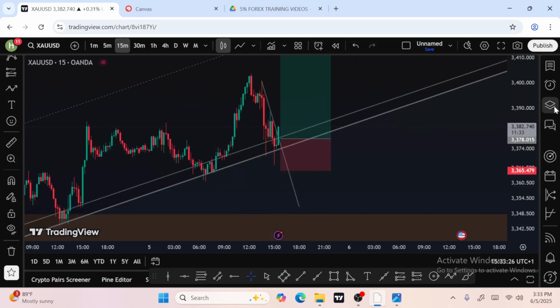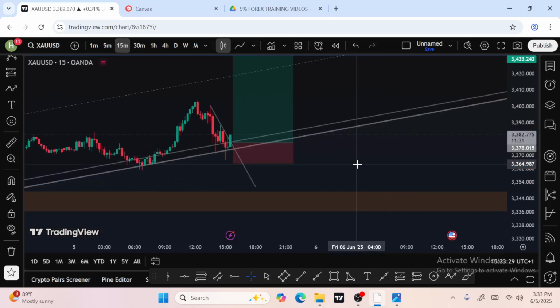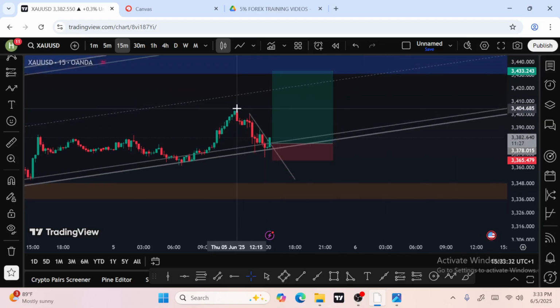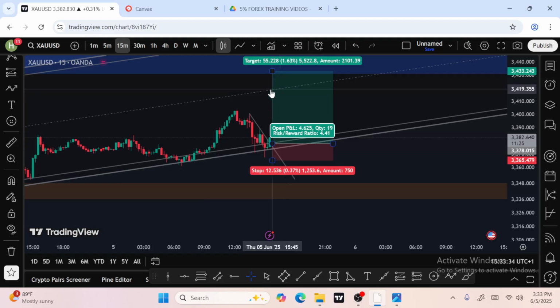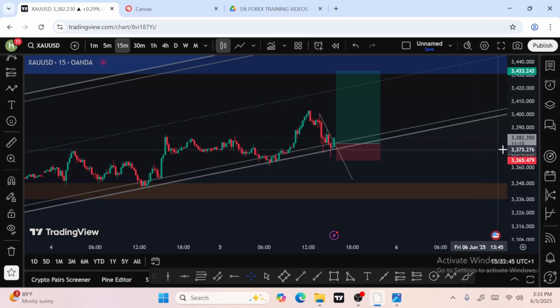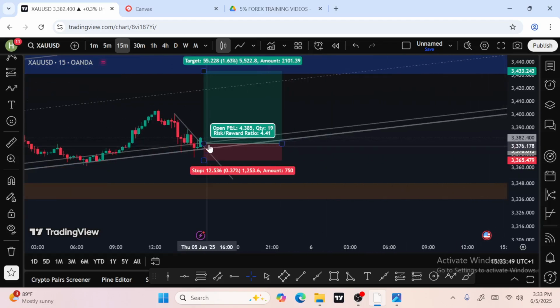You cannot come and cover me. Because there's still enough room for this market to come up to this point as your TP1. TP2 will be here. TP3 will be inside your major. So just wait for 15 minutes. How many minutes to go? 11 minutes. Anything can happen. This could act as a fake breakout.